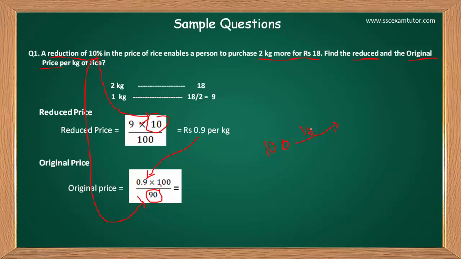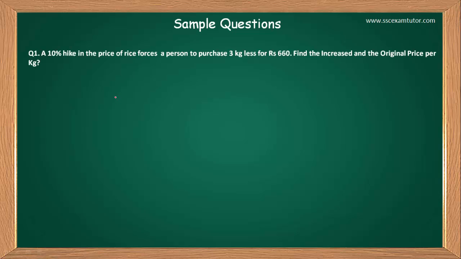10% घट जाता है या कोई मांग लेता है, तो आपके पास कितने बचेंगे, 90 बचेंगे। तो यही 90 को मैंने यहाँ पे यूज़ किया है। तो इसे आप अगर पूरा सॉल्व करें तो आपका आंसर आएगा ₹1 पर केजी, जो कि आंसर है। तो इस तरीके से आप रिड्यूस्ड प्राइस और ओरिजिनल प्राइस निकाल सकते हैं, जब रिडक्शन से स्टार्ट हो क्वेश्चन। ठीक है, अब देखेंगे दूसरा जिसमें एक हाइक से स्टार्ट हो, मतलब हाइक का मतलब होता